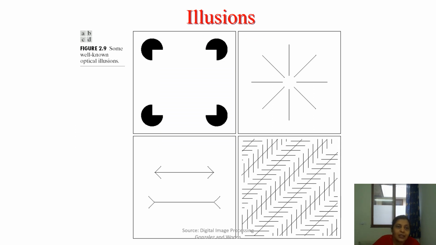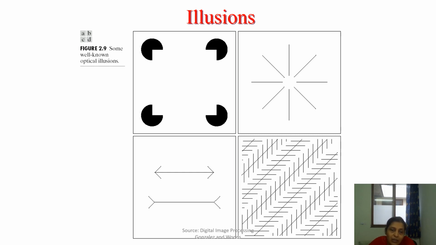Now here, these are some well-known optical illusions. You can see here, can you see a square here? Yes, we can see this. We can perceive a square because of our predefined knowledge with respect to a square. As soon as I see this image, I feel that there is a square at the center, but actually there is no square, right? Now here, the circles are not there, but still we feel that there is a small circle here and there is a big circle over there.